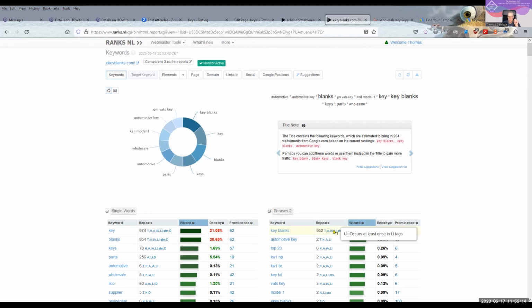The keyword is there also. And then it's also in the stemmed format, which means instead of "key blanks" plural, there's also "key blank." And then you've got the description, meaning that keyword term is in the description for that page.